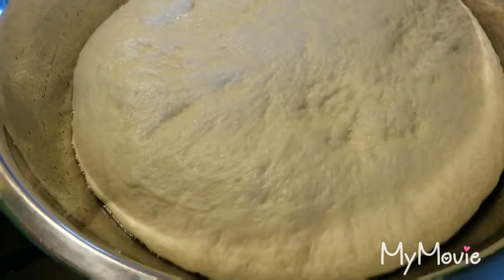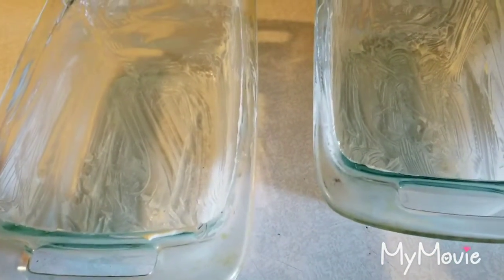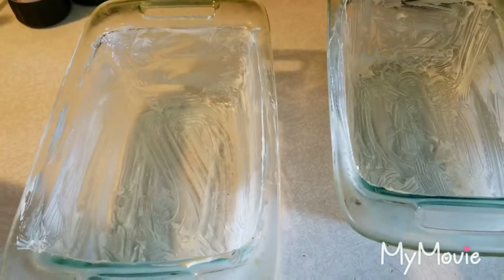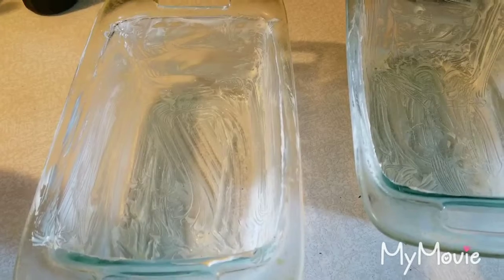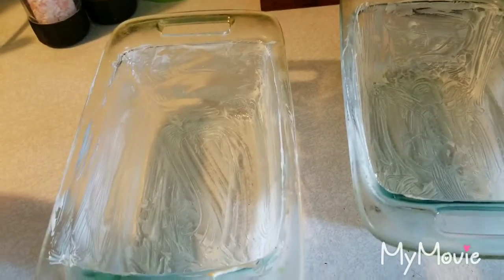Okay, so once the dough is doubled in size, you want to grease 2 bread pans. Mine are Pyrex. Metal will work just fine. I recommend butter. You can use other things, but I'm telling you after experience that butter is the best release on your bread. And by that I mean once you take it out of the oven and you want to take it out of the pans to cool, you will have no sticking whatsoever if you use butter. Guaranteed. So what I'm going to do is punch the dough down,